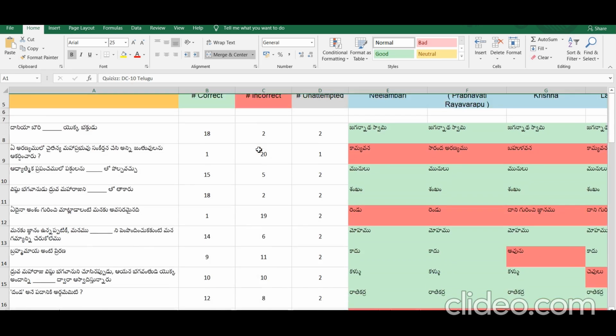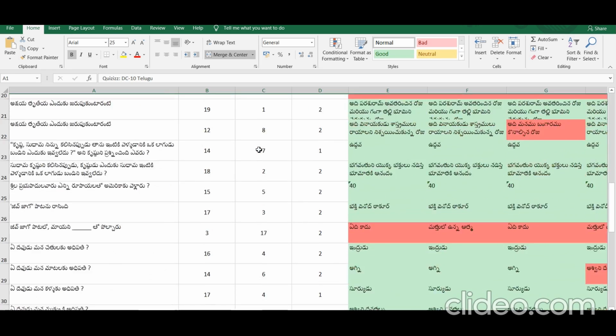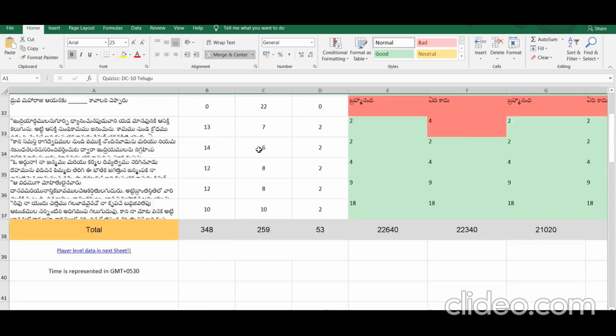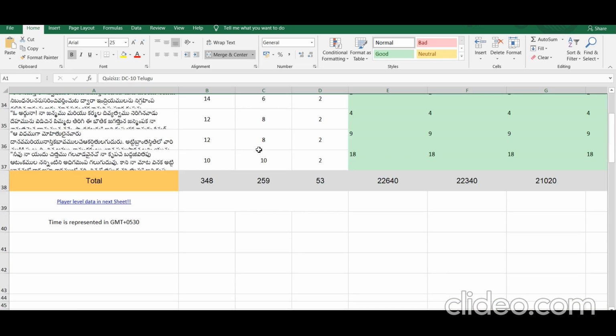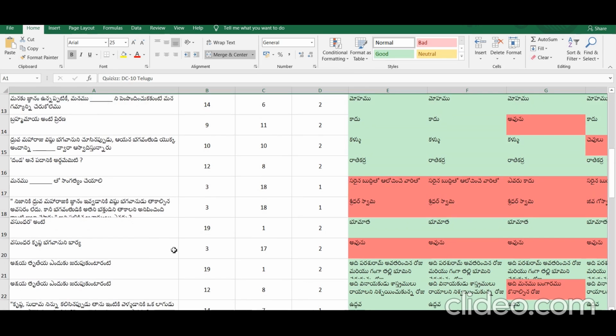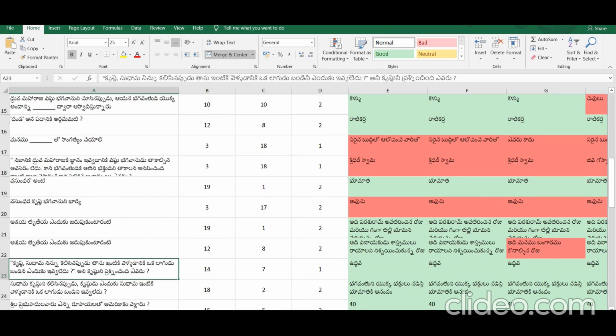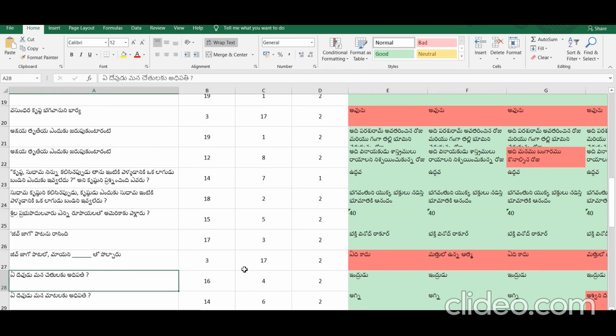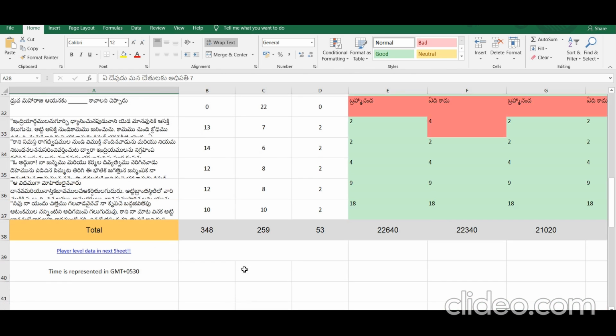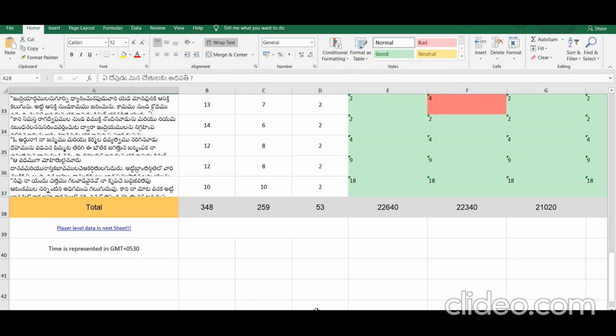And as you see, this is the Excel sheet that we will be opening here. In this Excel sheet there will be two sheets.